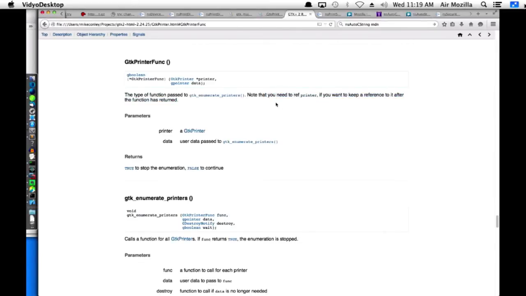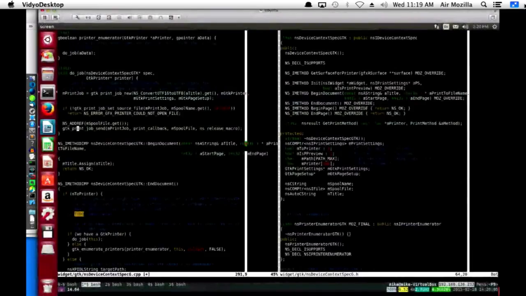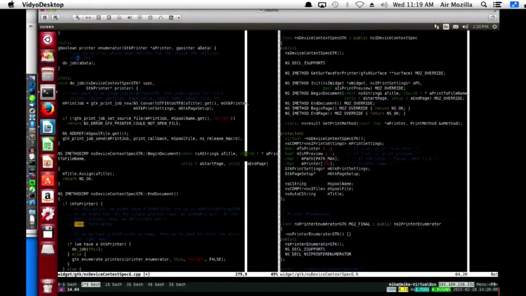Right, so inside our printer enumerator, we need to ref it, and then when we're done, in do job, we need to unref it. Okay, that makes sense. So let's make a note of that. So, ref. How to ref the printer.